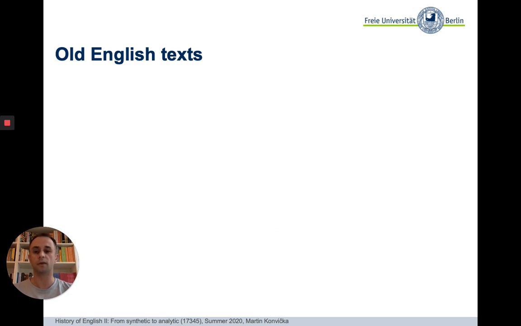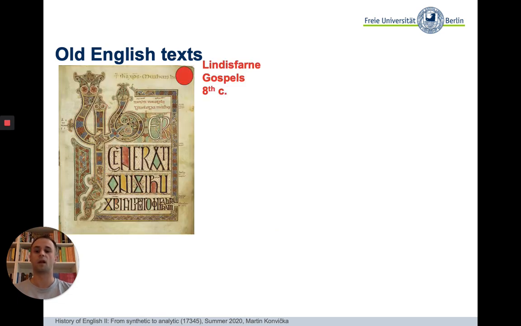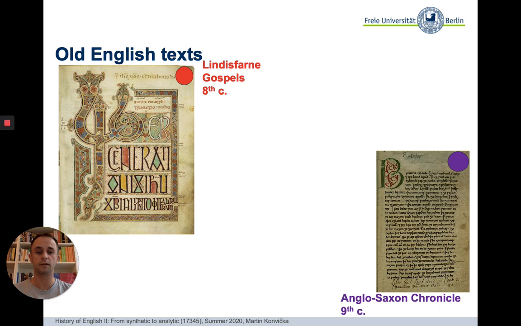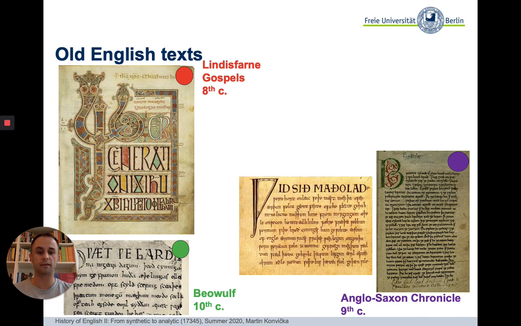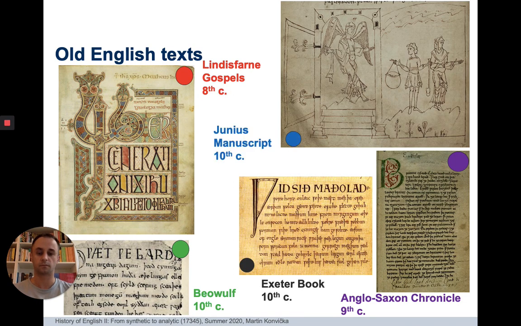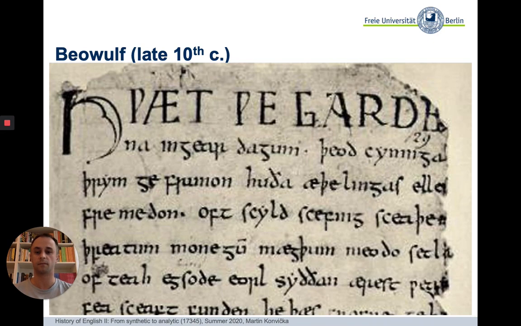If we're talking about Old English texts, we have to move several centuries through time. So we have such texts as the Lindisfarne Gospels from the 8th century, the Anglo-Saxon Chronicle from the 9th century, Beowulf from the 10th, the Exeter Book from the 10th century, Junius manuscript as well from the 10th century,